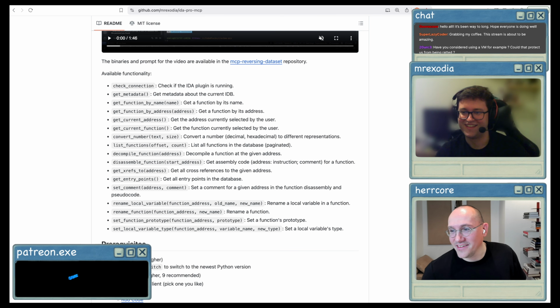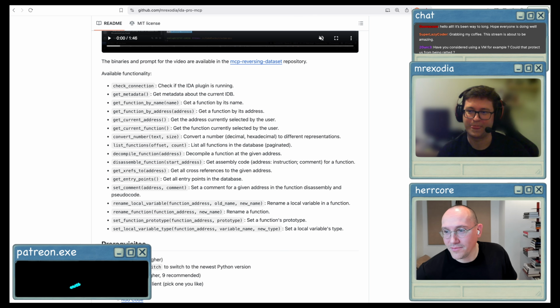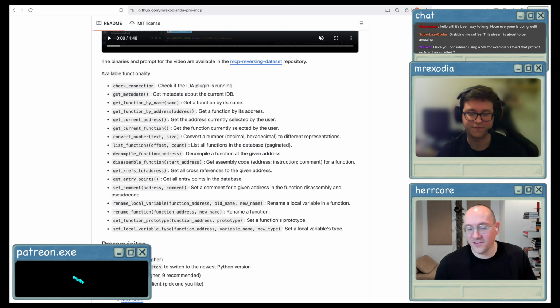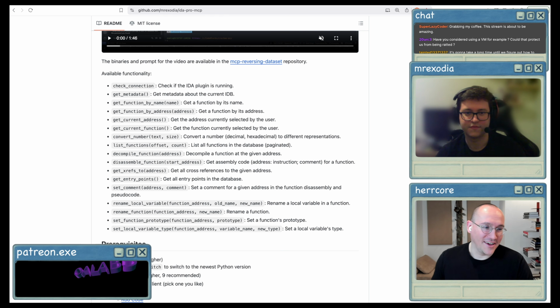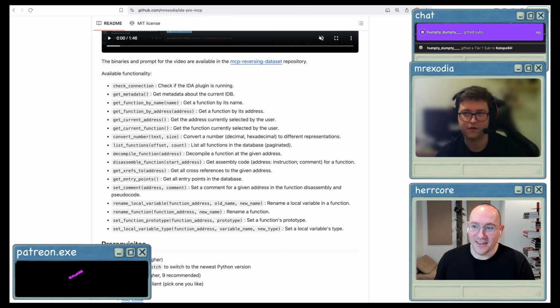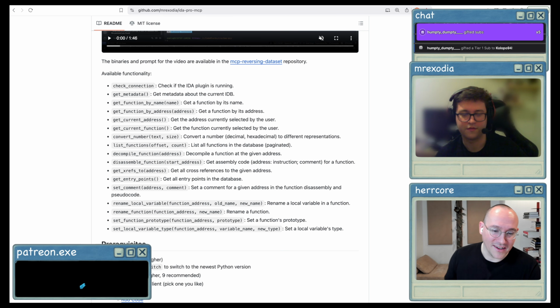Also, I saw someone saying it's going to take a long time before we figure out how to prompt these tools for reverse engineering. As we'll show you today, the prompt matters a lot. As with everything AI, the prompt is a big